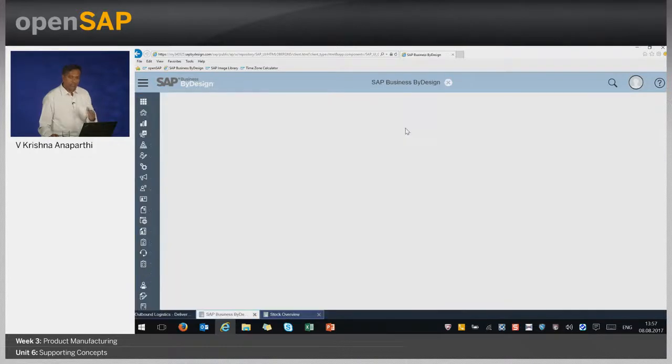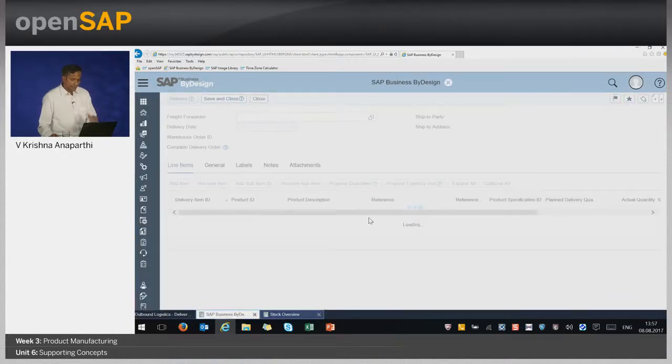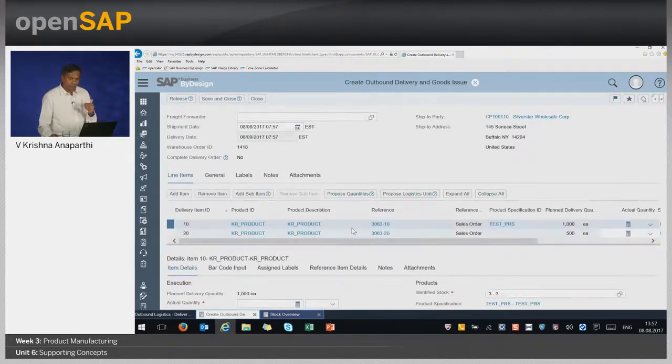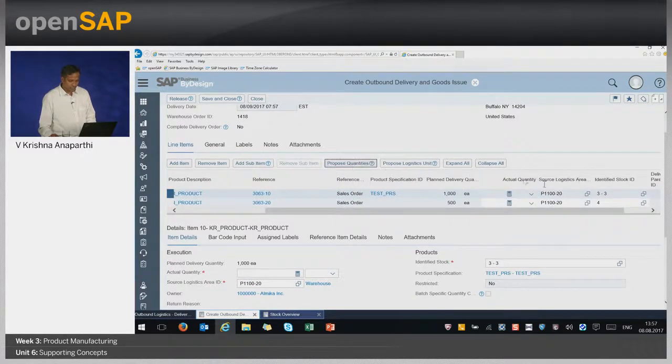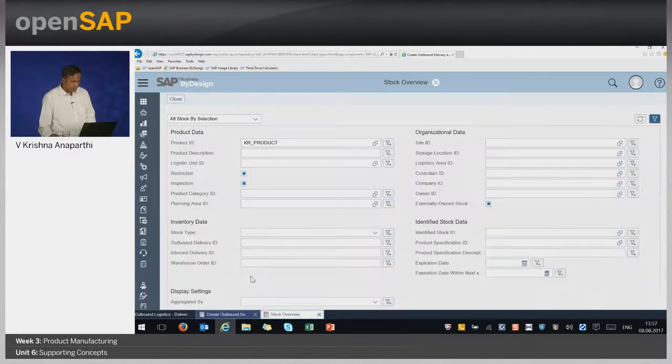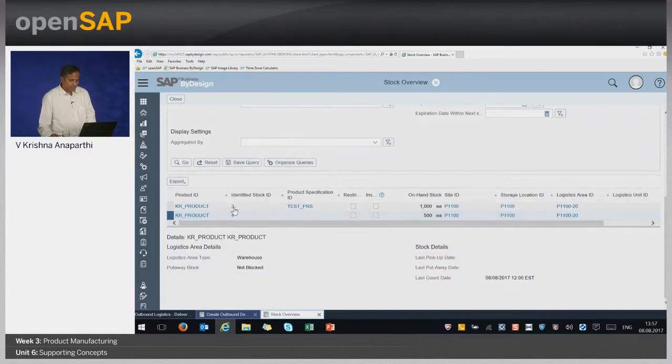I am just trying to do the issue process, and we will clearly understand that the system will ensure that the line with the PRS requirement will pick up the stock of PRS. For example, this is the line, and if I propose quantities, the system picks up batch 3 for the line item with the PRS, and we understand from the stock overview that batch 3 is the one associated with the PRS.